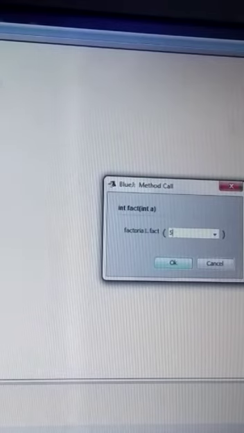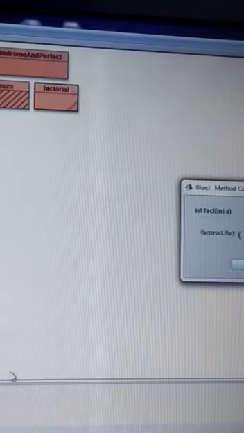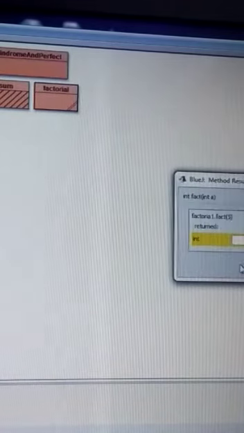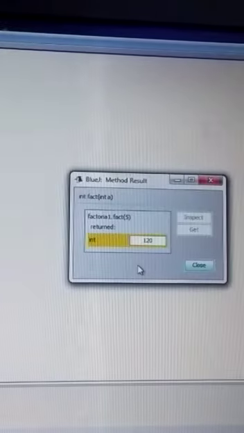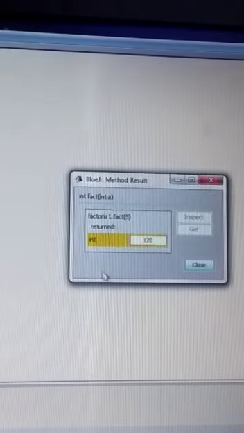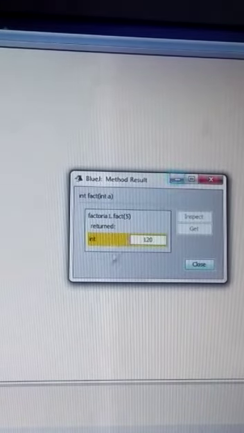When we click on the OK button, it is going to display the result of the value which you have entered. See over here, it has given you the value in this dialog box: method result is 120.